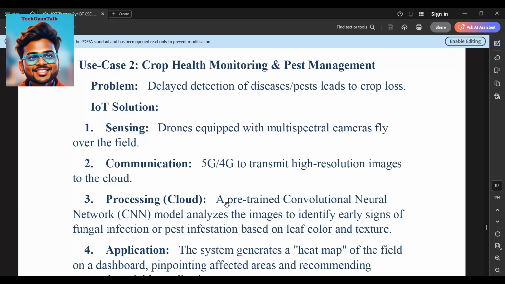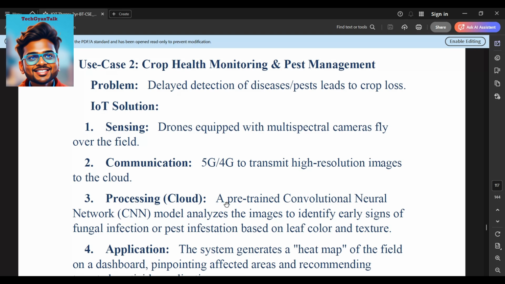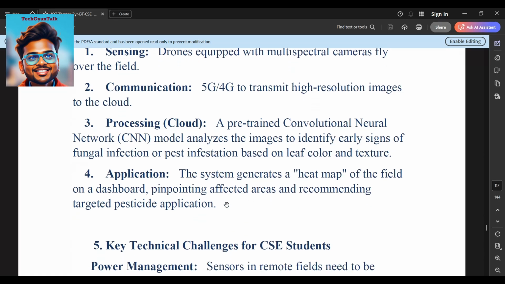Processing in the cloud: a pre-trained convolutional neural network, CNN, model analyzes the images to identify early signs of fungal infection or pest infestation based on leaf color and texture. Application: the system generates a heat map of the field on the dashboard, pinpointing affected areas and recommending targeted pesticide